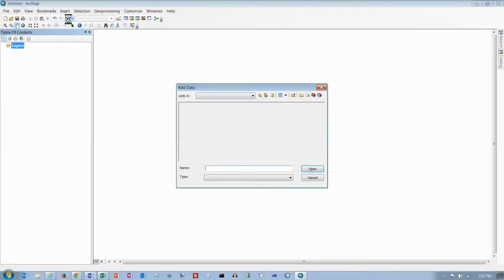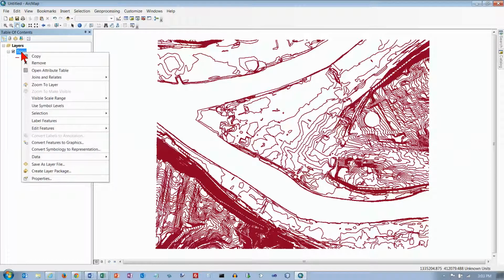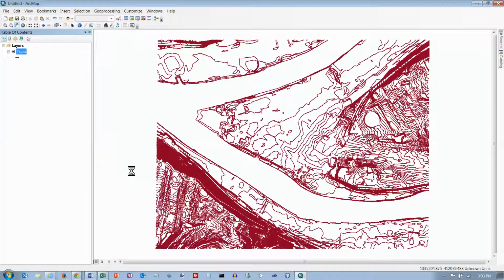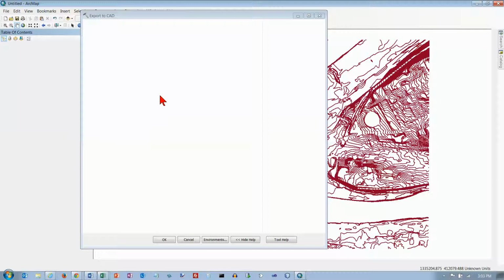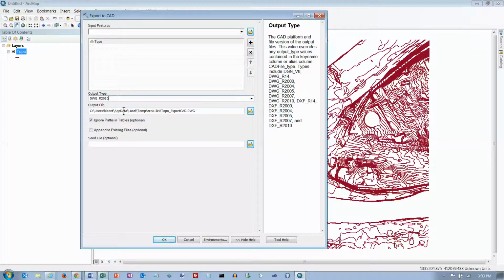And we want to click the Add Data button, and browse through the data folder. Whoops, went too far. Data folder, and we want to go to the 3D Analyst geodatabase, click on Topo and click on Add. In the table of contents, right click on this and we're going to export this data, export to CAD. When the window comes up we want Topo to be in the input features, which it already is, and the output type is already selected correctly for us,